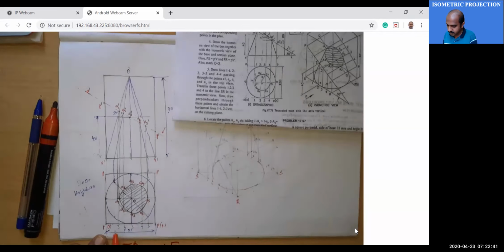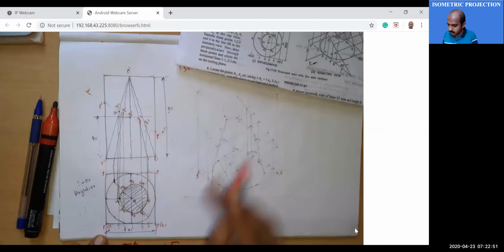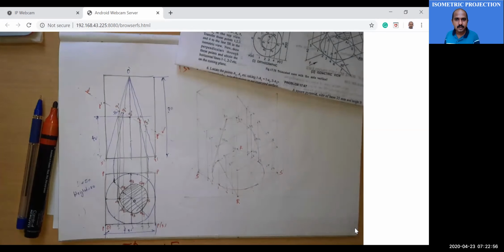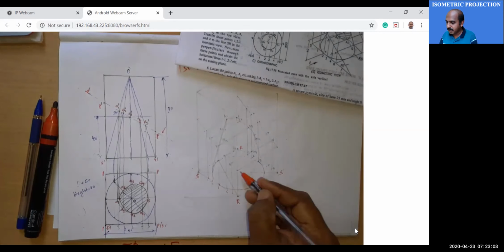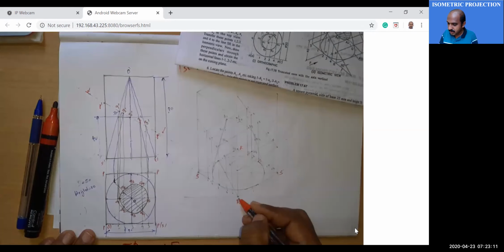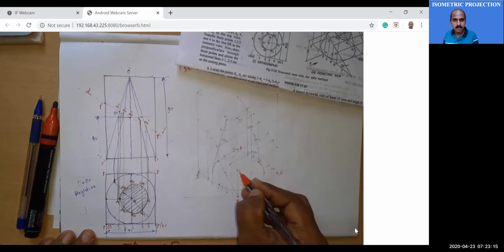I hope you remember and can understand. You mark the S to 1 distance. Then S to 2 like that. Now what do you do? Once this is SR, this is again R. Now you can mark the cutting plane. What is this height, R to P? R to P means P dash R dash. So you measure R dash P dash, and mark here, this is PR.